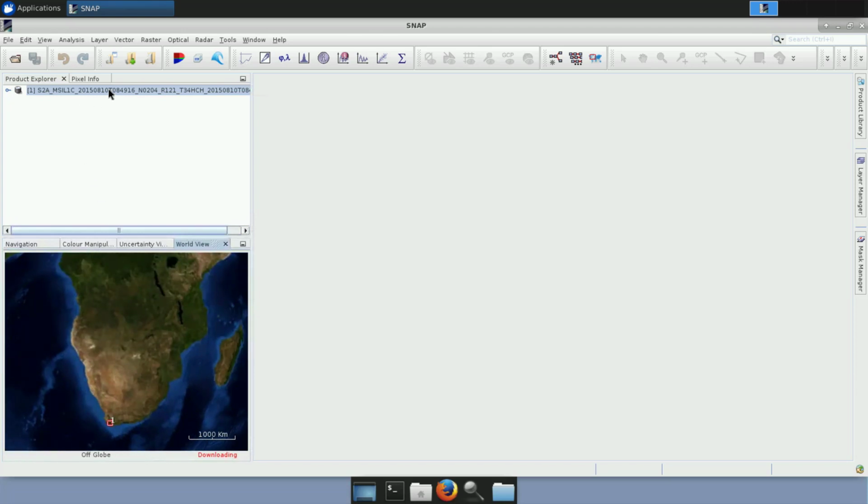What I would like to mention now is that the product we have imported is in 1C level. It means that this product has been radiometrically and geometrically corrected, including orthorectification and spatial registration. However, atmospheric correction is applied only to level 2A data, and this is not our case. The level 2A data were not available for our study site at this time period. So we need to perform atmospheric correction on all those 16 images downloaded